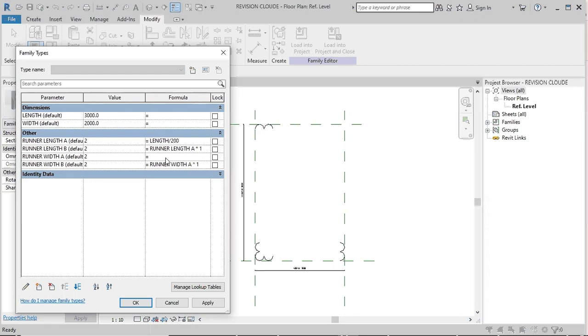This 200, I give the value 200, that is the arc distance end to end.